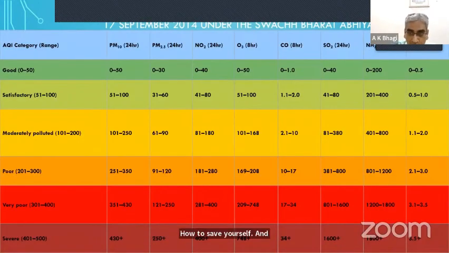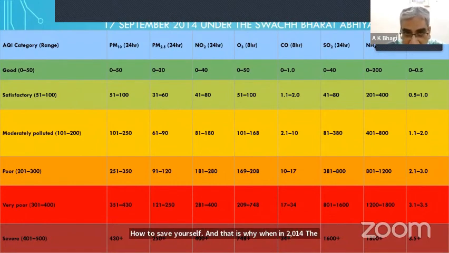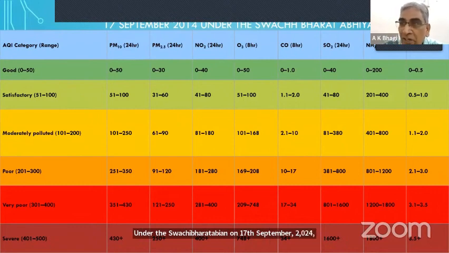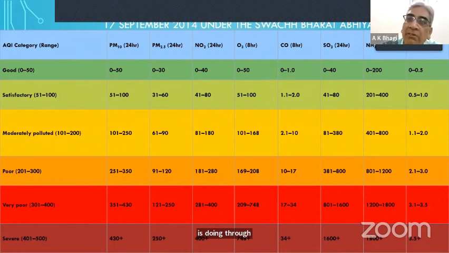And that is why when in 2014 the new government came in, under the Swachh Bharat Abhiyan on 17 September 2024, they made monitoring of air pollution mandatory. And the index was made the AQI, Air Quality Index. And it was made mandatory for all local governments to declare on their websites, and even the central government itself is doing it through SAFAR, that you have to declare